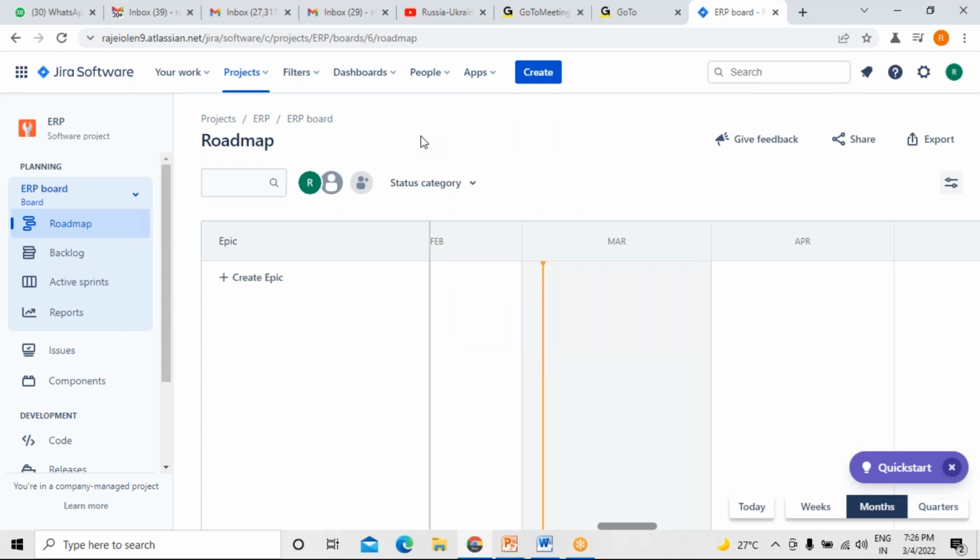Email configuration is required, right? Or else another site, so you have to connect using web services and all. You have to connect with other sites. So how come it is possible? This is not possible using the team managed project; that is possible only by working with company managed projects only. Understood, clearly, right?